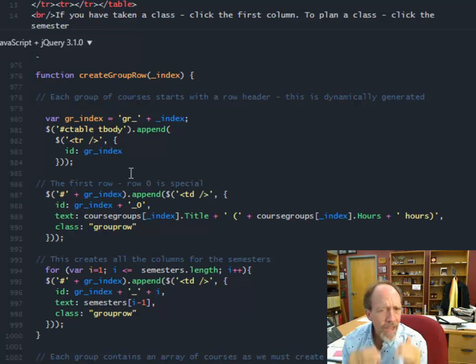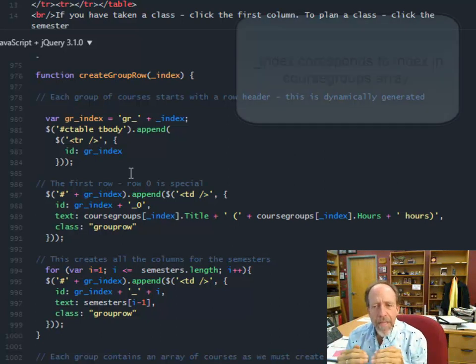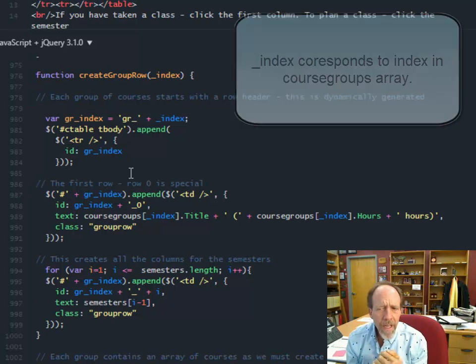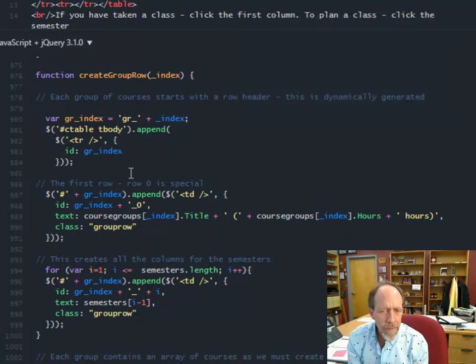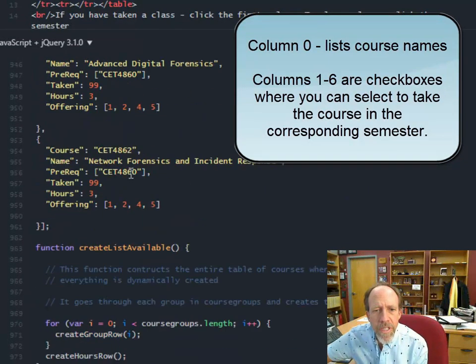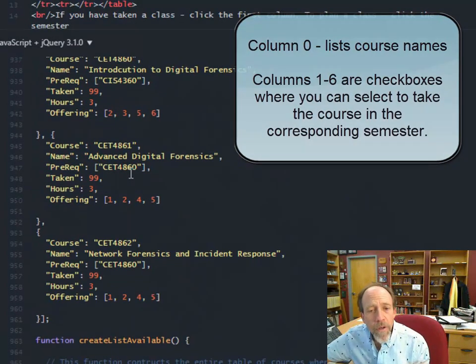Well, since I've got things in a table, I'm going to keep track of it by rows and columns. It's pretty straightforward, but the columns will be simple. The first column will be 0, then the next 6 columns are 1 through 6. The rows I'm going to have correspond with the index of the courses in the array of courses, which is